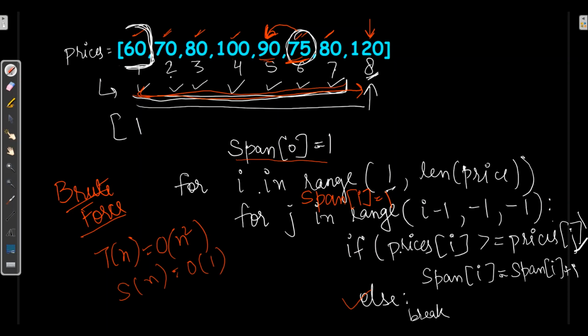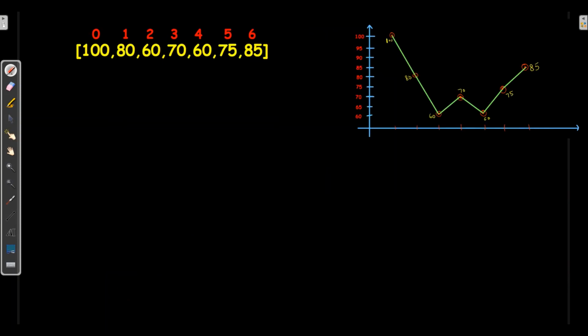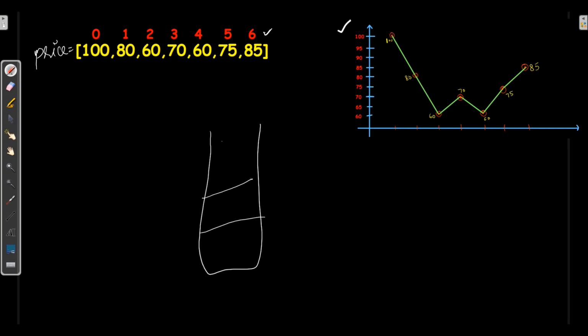Now let's see how we can optimize this time complexity to be order of n. So here I took the same data as prices with 7-day data with its graph. And with this we have indexes over here. In this efficient method, we will make use of stack. So why we are making use of stack? So as to store the high values in it.